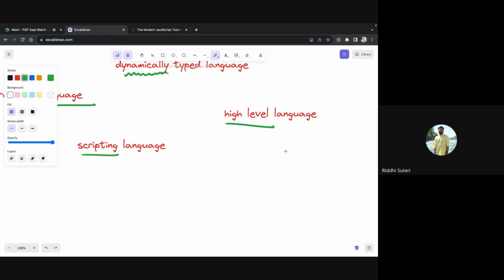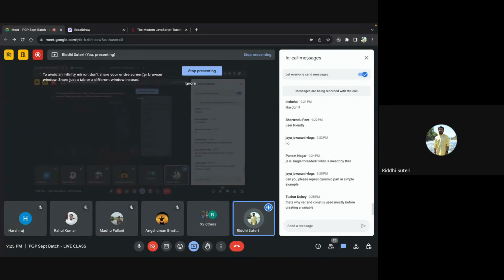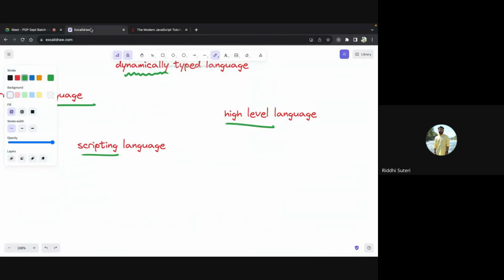JavaScript is a single-threaded language. It has a single thread of execution. It does not break your task into multiple small threads to execute it eventually, right? It just directly executes it using one single thread. That's why it's called a single-threaded language, right? And some more people might be interested in knowing why it is called a synchronous programming language and what exactly we mean by a synchronous programming language in general, right?